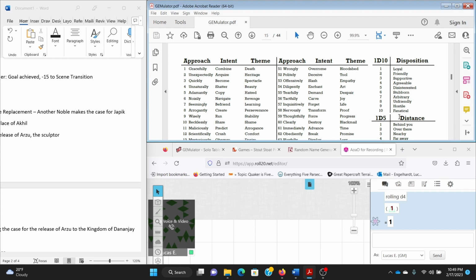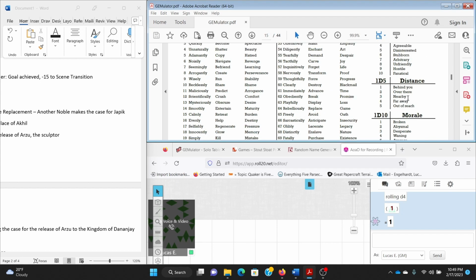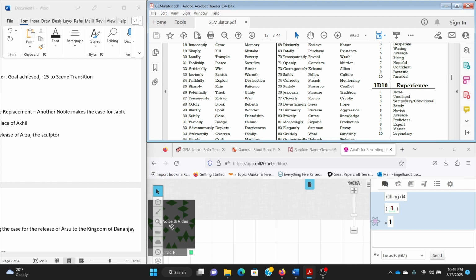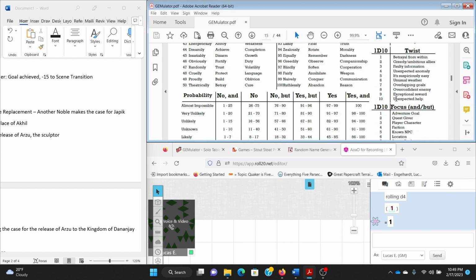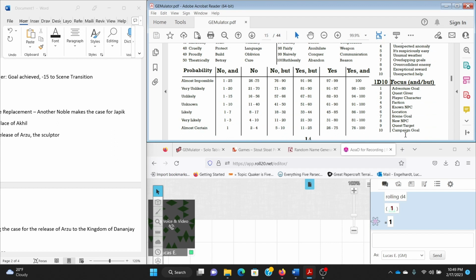There's also a disposition. A disposition gives us some sense of how a particular character feels about us. We have distance, morale, experience, reputation, if we want to add some kind of twist there. Also focus, anytime we need to decide what the focus of something is. But I'm going to use the general oracle here. It's just a yes, no question. So the question that I'm asking